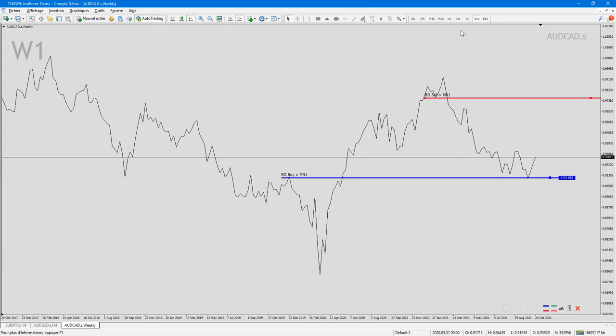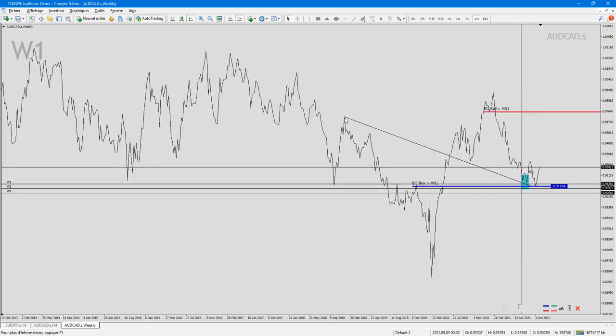So come to the H4. In this area, we noticed that price has been creating some trend lines like this on the H4. So I will try to find the confluence for this trend line on the weekly, and we can notice that